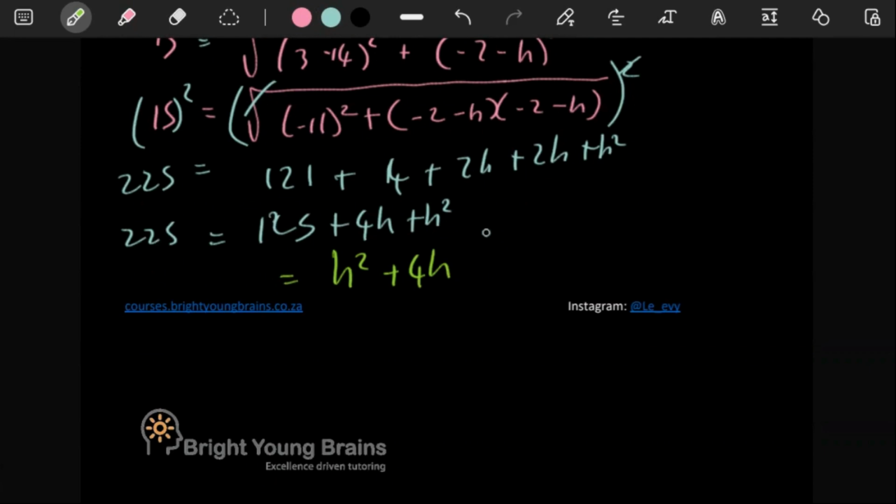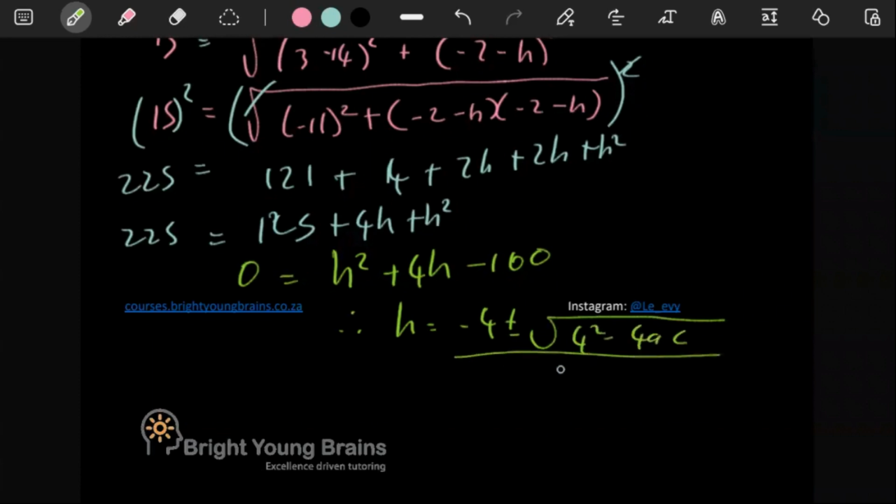100, yes, is 100, but it's going to be a negative 100. So let's solve for h here. h is equal to negative b plus or minus the square root of b squared minus 4ac, all over 2a. What is a? a is 1. Therefore, h here,